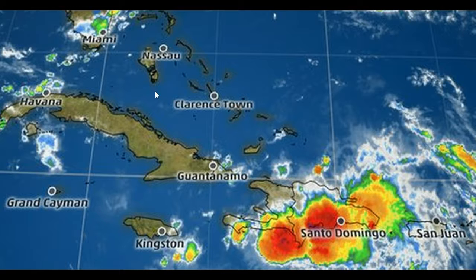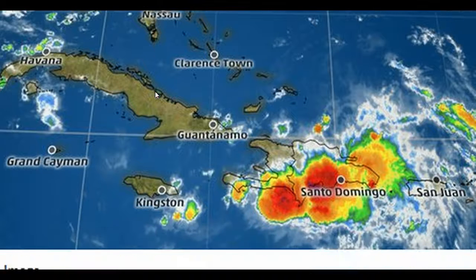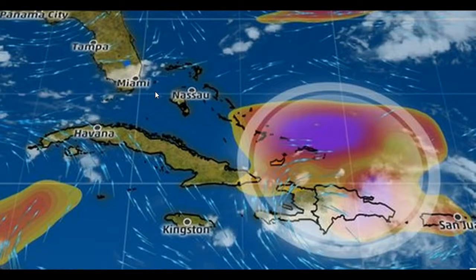Now, this is gaining energy. It has winds of around 45 miles per hour right now. When you look at the shear here, you can see the winds are pushing this right up toward the Bahamas area. This is heading right toward southern Florida. Now, this will pick up the name of Hermine. Tropical Storm Hermine,